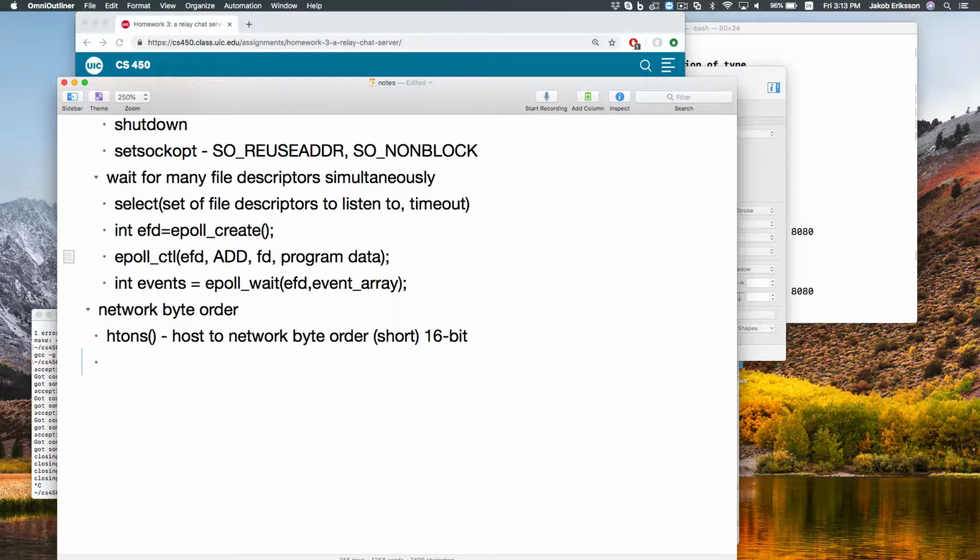Anyone want a quick review of byte order? We got one. All right. So the principle is bytes, we don't worry about the order of the bits. That's not something that we see on a protocol level. But if you need to send a number that's more than 1 byte,